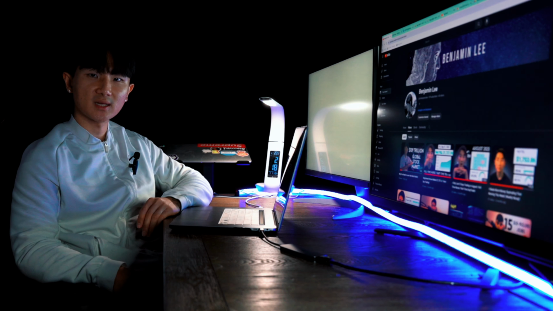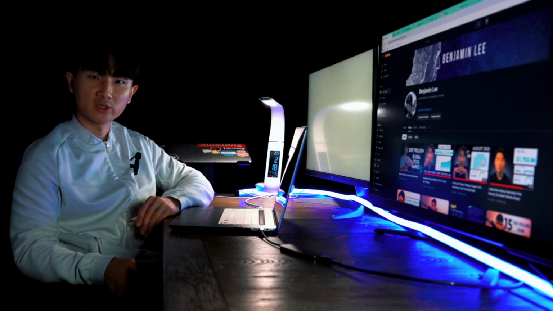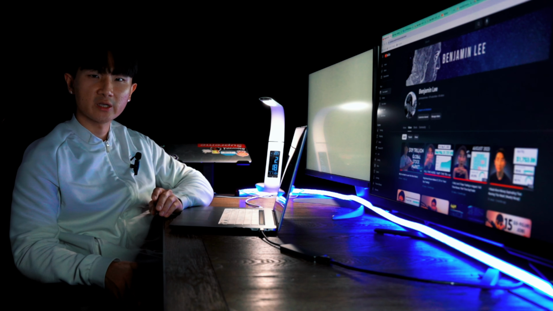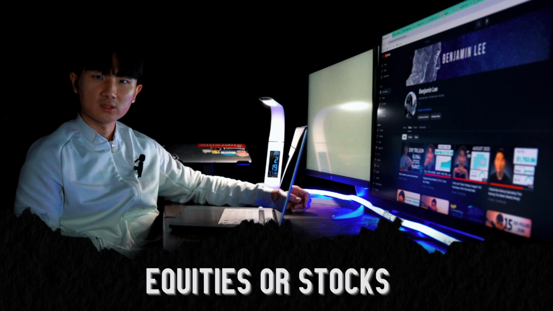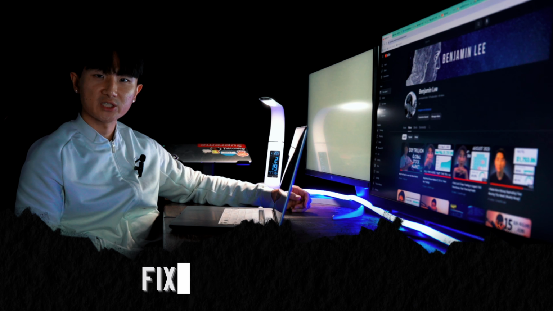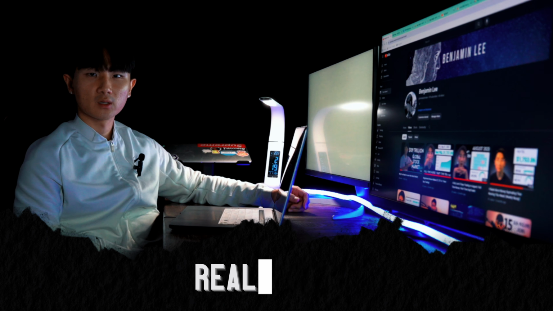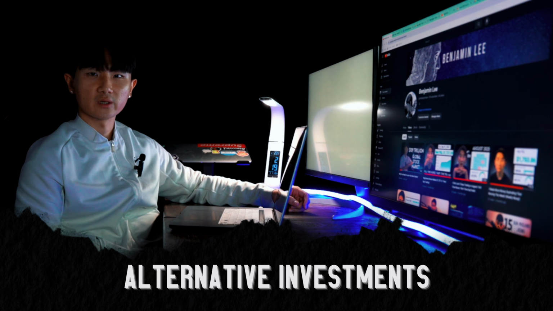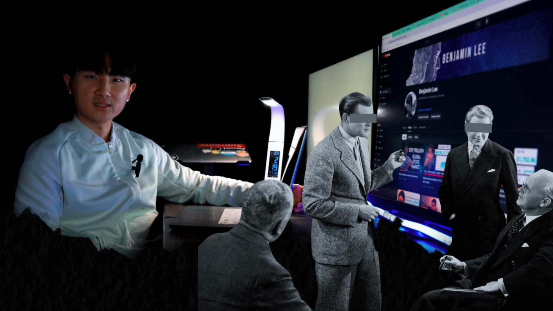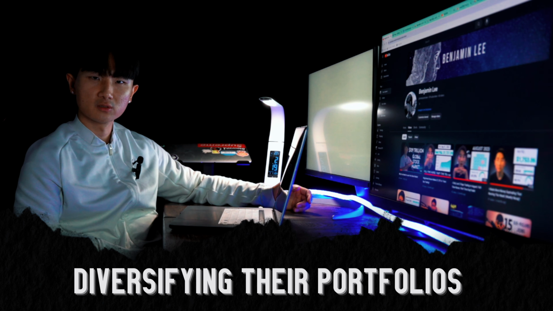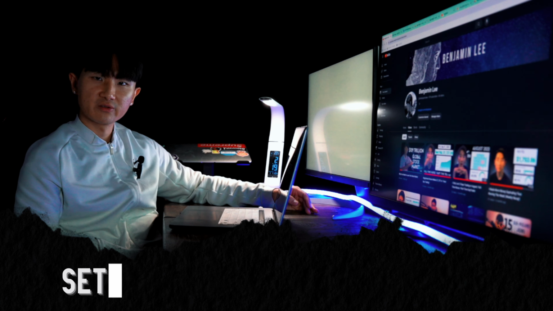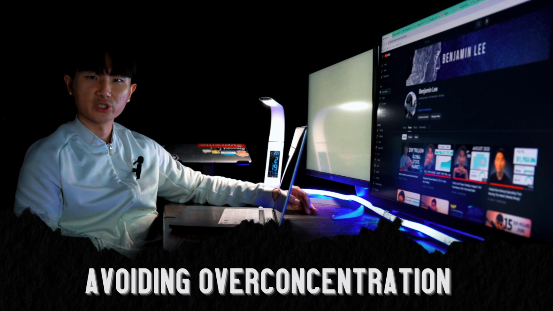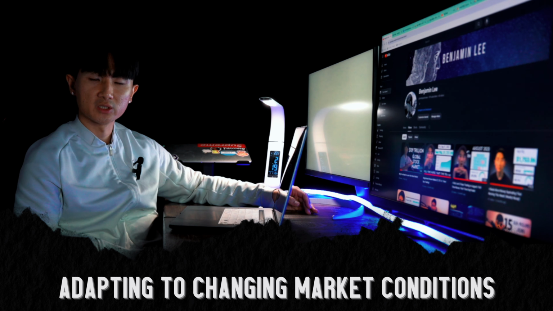So to summarize, asset classes are broad categories of financial instruments or investments that share similar characteristics or behavior in the financial market. They include equities or stocks, fixed income or bonds, cash and cash equivalents, real estate, commodities, alternative investments, and cryptocurrencies. Investors use these classes in diversifying their portfolios, each with its distinct risk and return profiles, optimizing the risk and return trade-off, setting realistic expectations, strategically investing, avoiding overconcentration, adapting to changing market conditions, and investing for